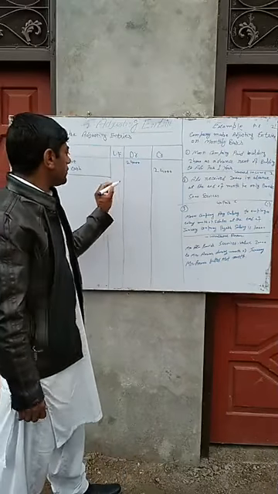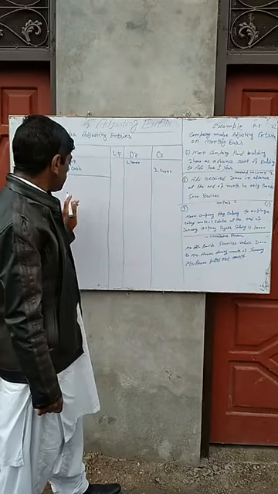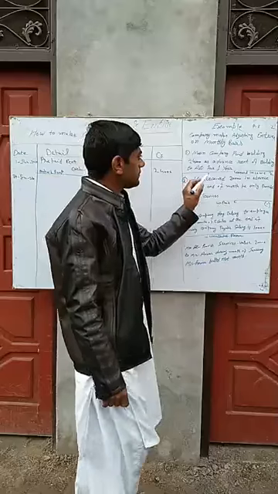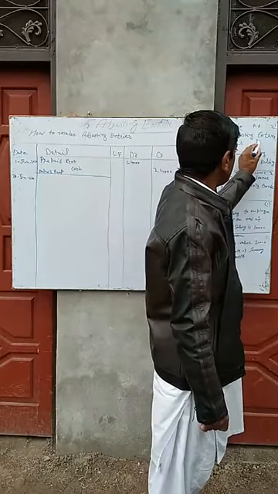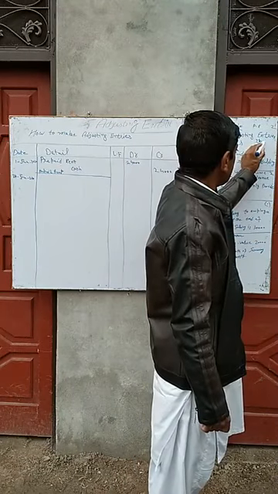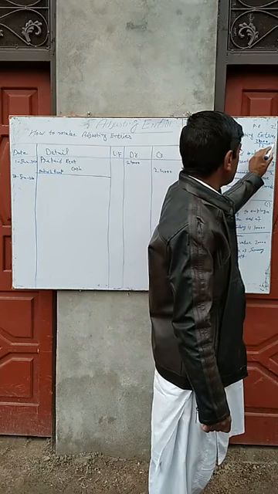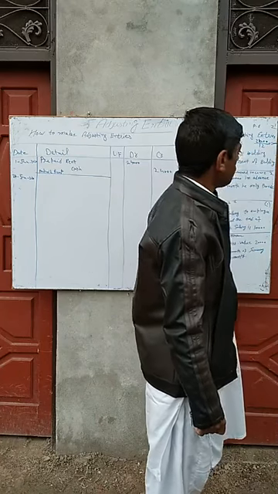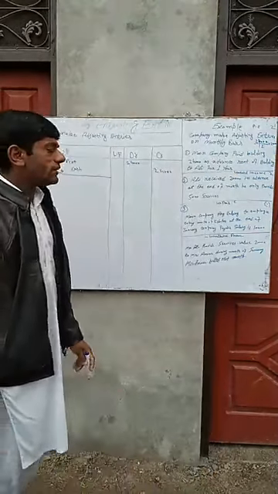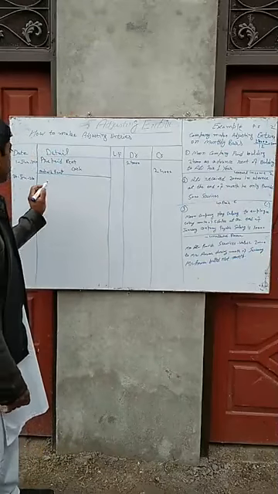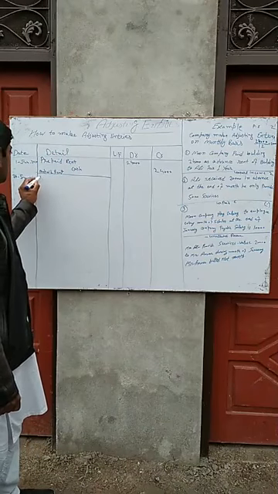So 24,000 rent is for 12 months. So 1 month's rent is equal to 2,000. So 2,000 is the rent for January. So the adjusting entry of this rent is: